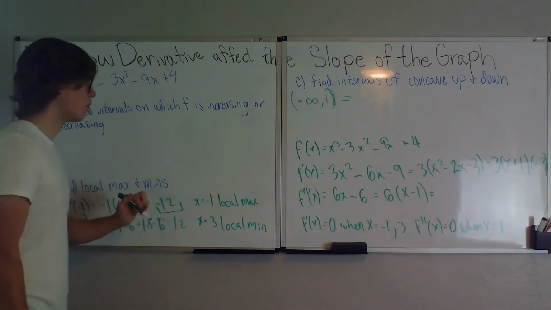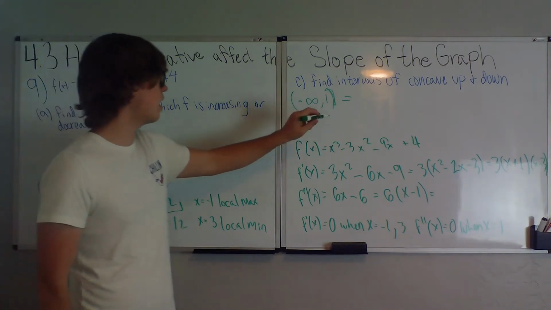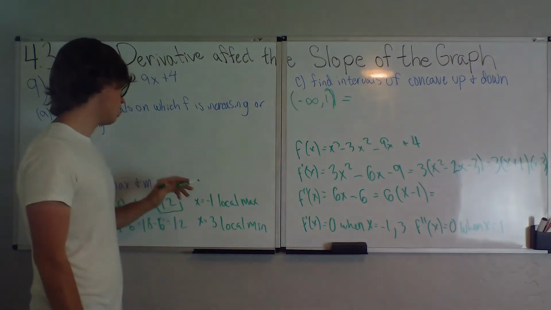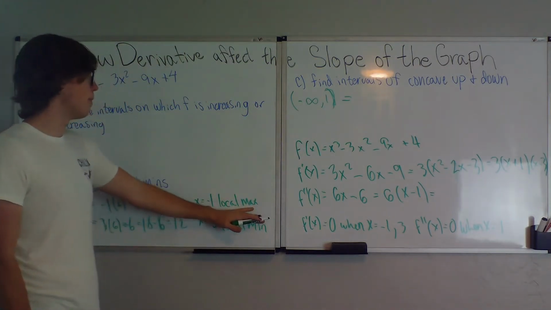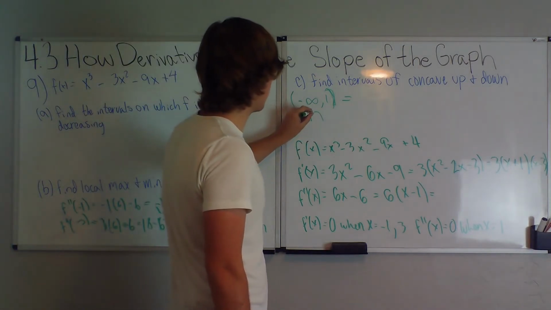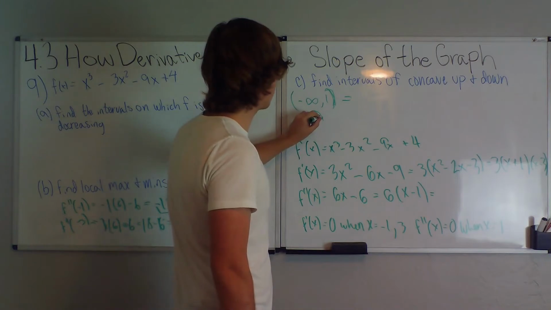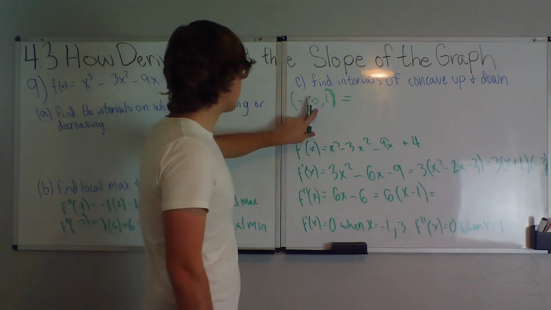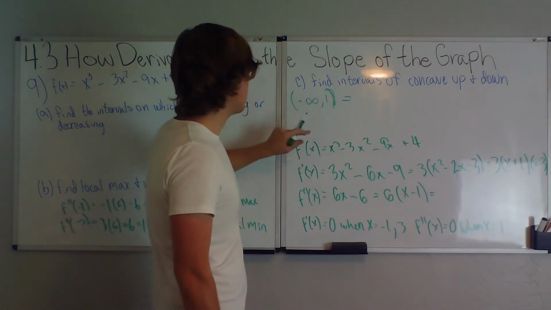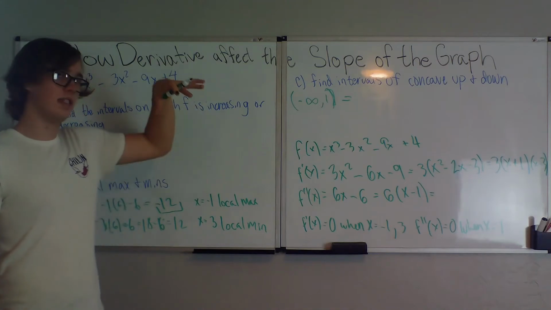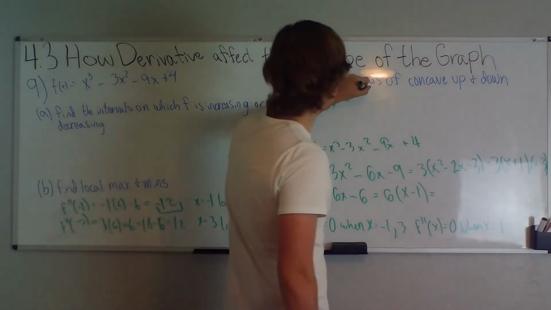Well, it is going to be concave downwards from negative infinity to 1 because we have a local max at -1, right? So the graph is going to look something like that at -1, and at 1 it's going to switch here, somewhere around there, right? And whenever we have a local max on one side, that means it is going to be concave down on that side. So this is concave